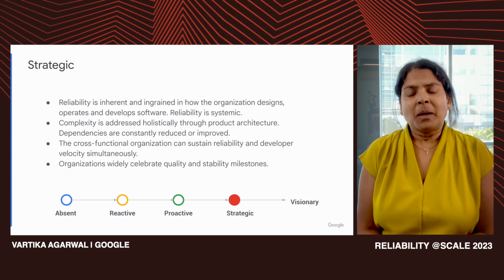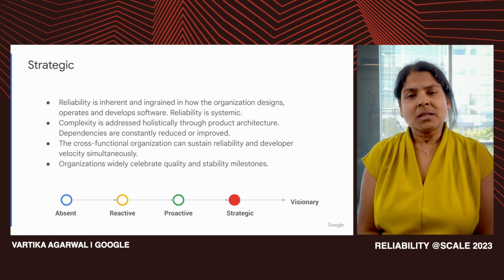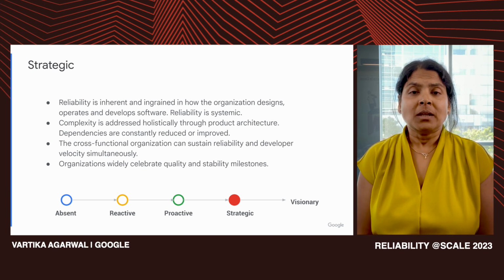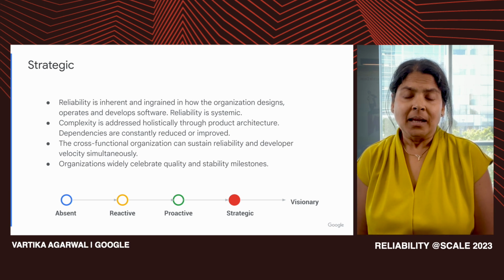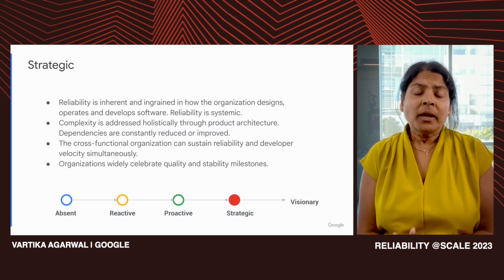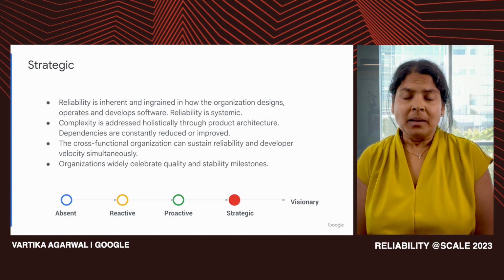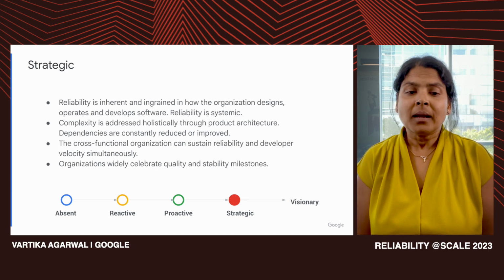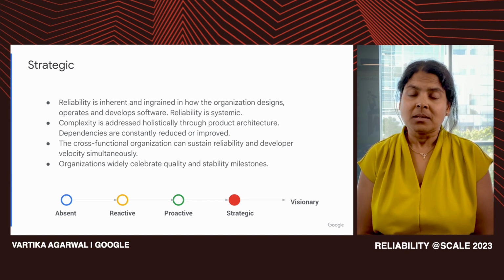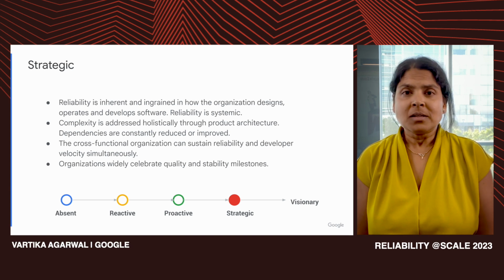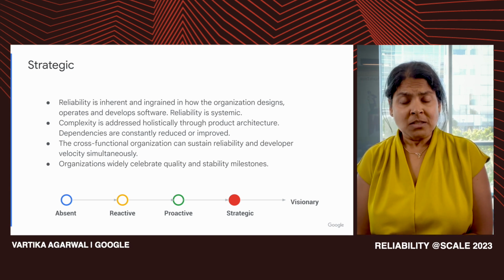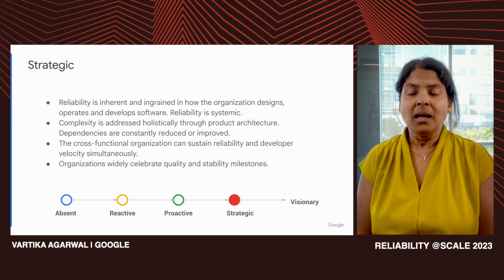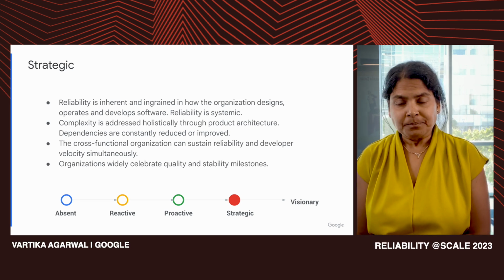The reason is because at this phase, organizations are starting to look at classes of risks and they want to make sure that they are mitigated holistically. They are going after systemic reliability. And that means they might have to make overall changes to architecture, products, and processes. Re-architecture of the entire system is not uncommon in this phase. And that's to make sure the positioning of reliability is changed for the future.